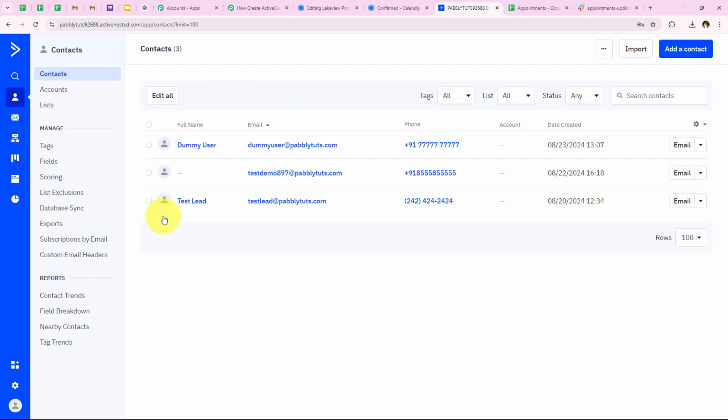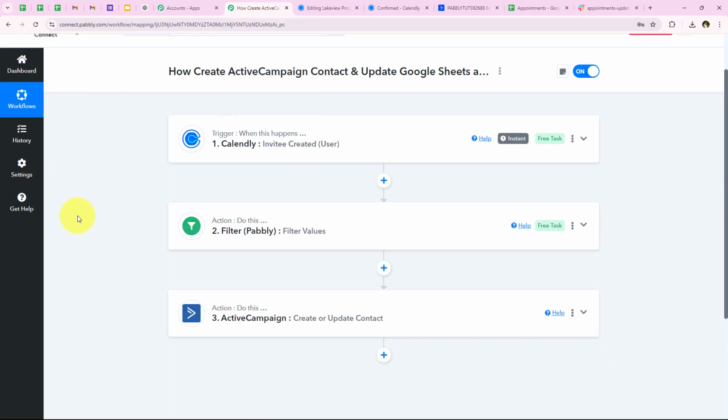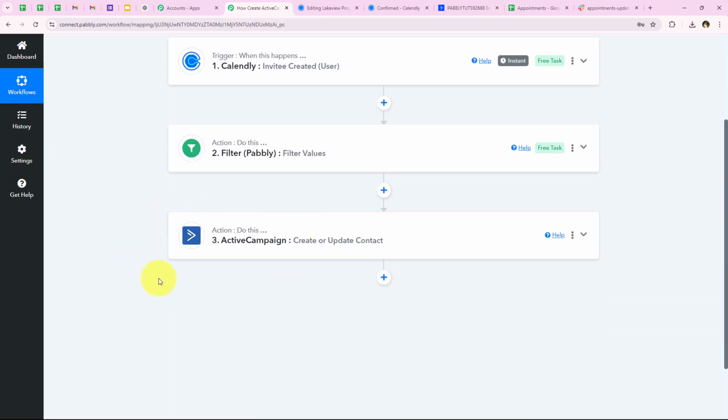And as soon as we open the contacts, you can see a new contact, full name dummy user, you can see the email dummyyuser@pabblytudes.com, and you can see the phone number that we entered. So yes, this has successfully created a new contact in my ActiveCampaign, and with this we have successfully completed this action step. And now further what I want is that automatically the details should be added in my Google